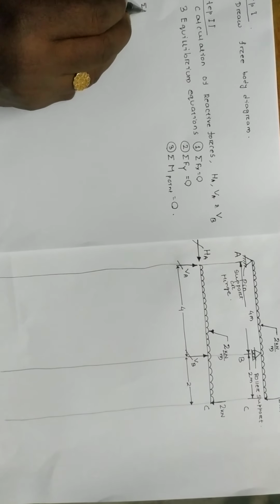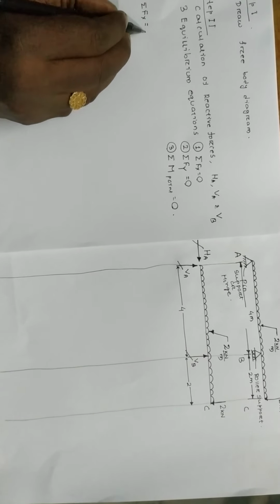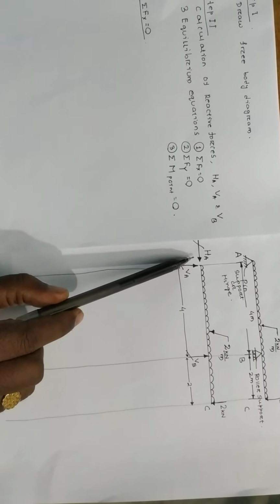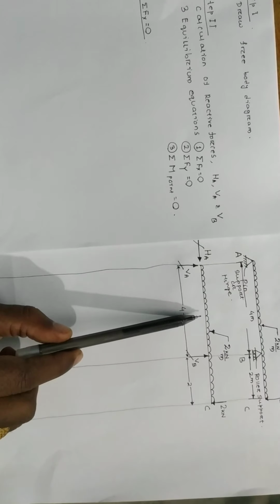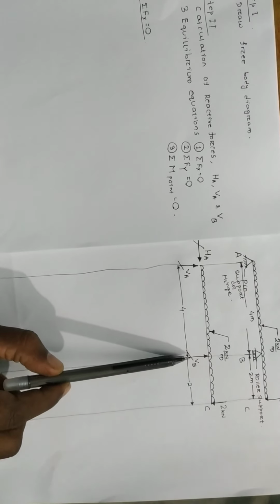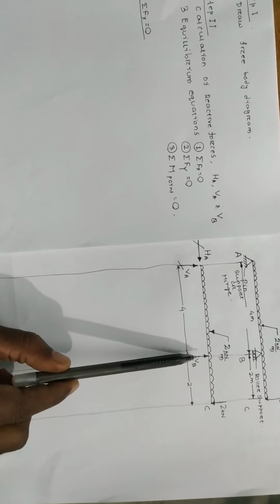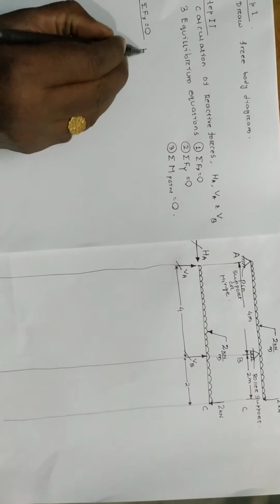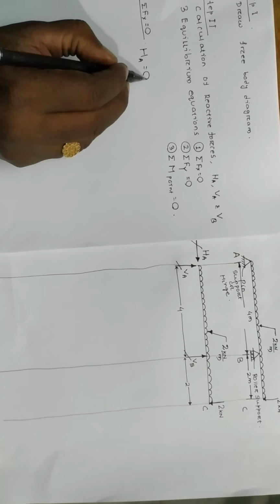Okay, so first I will use summation of Fx, or forces along horizontal direction, is equal to 0. You can see here what are the forces along horizontal direction. I can see only one force, HA. This is a vertical force. UDL acts vertically downward. This is a vertical reactive force at B. This is a vertically downward concentrated or point load. So no horizontal forces are there except HA. So HA is becoming 0.